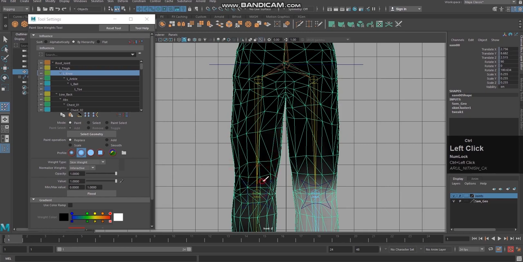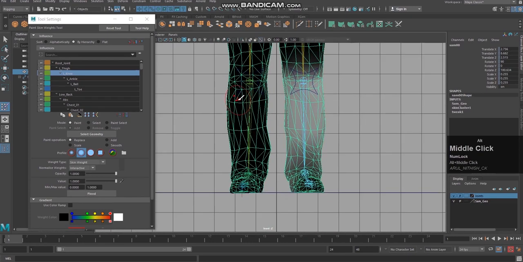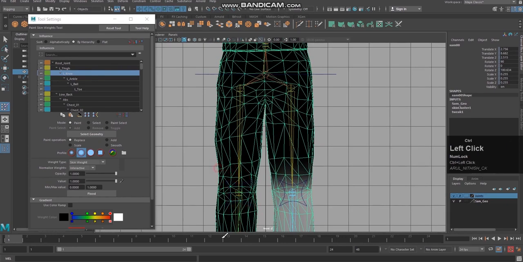Replace it in the top also, because this knee should not control this thigh and this knee should not control this right leg. So the entire right leg we need to paint, and we need to save the right leg from the left knee bone influence.